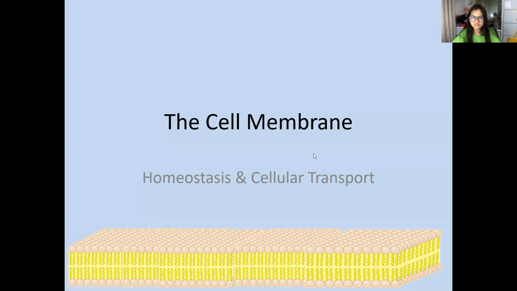And you have here the structure of the cell membrane, class. It looks like an egg in a tray, but it's like one over the other. This structure is known as a bilayer structure, made of phosphate added to the fatty acid tails of the lipids, making it a phospholipid bilayer.